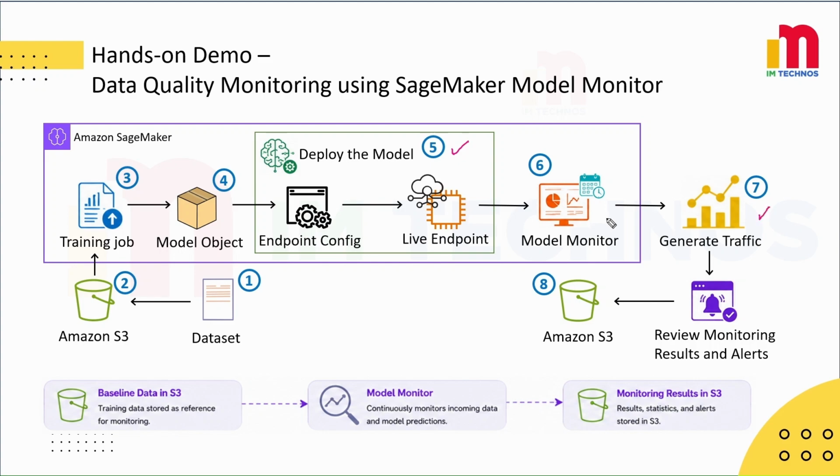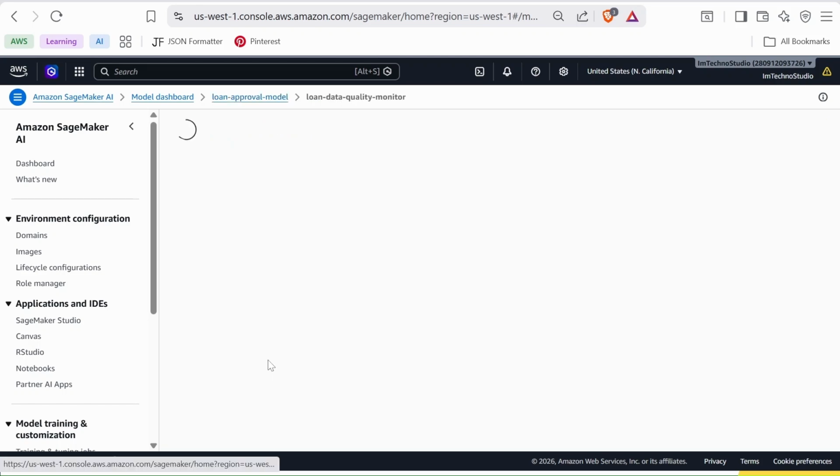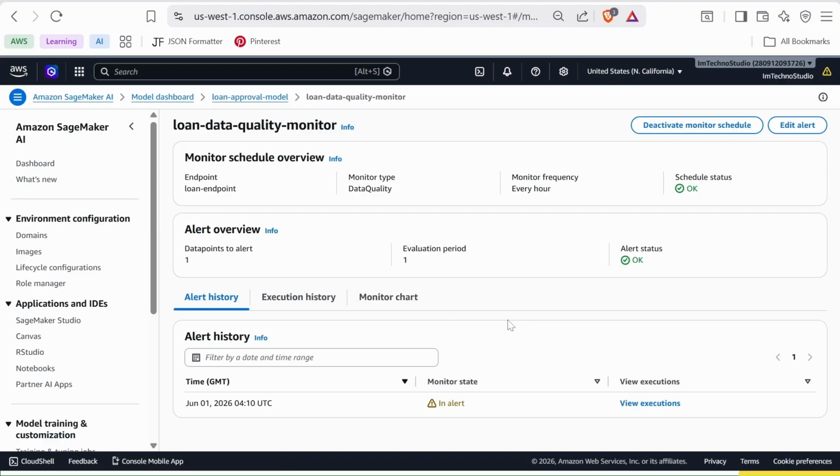However, the monitoring job has not run yet. Since our monitoring schedule is configured to run hourly, we need to wait for the next monitoring execution. Once the monitoring job runs, SageMaker will analyze the captured data, compare it against the baseline, and generate monitoring reports. After that, we will check the S3 output location and see whether any violations or deviations were detected in the inference data. After approximately an hour, refresh the page and you can see the monitor now in the alert